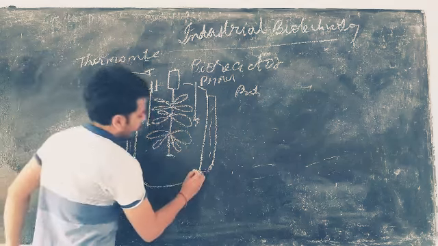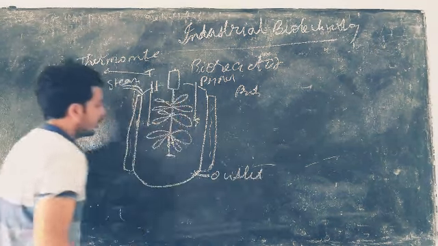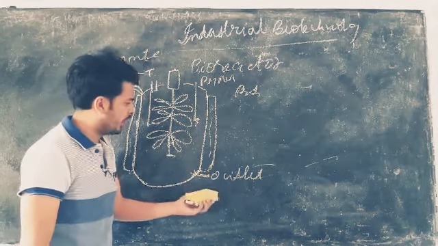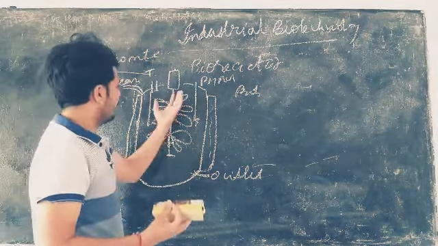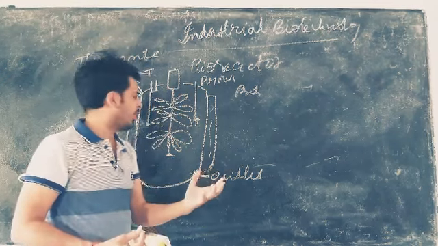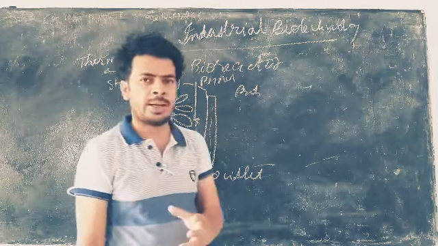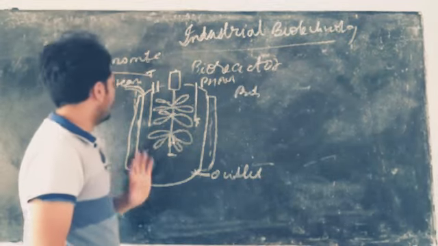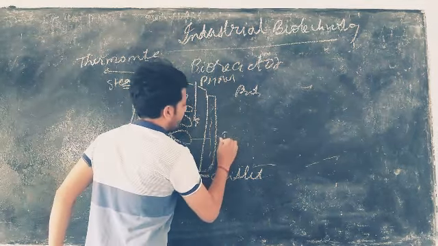Now we can say there is also an outlet. The outlet lies almost near the bottom. So whenever the culture is produced, the biochemical reaction is initiated and the whole reaction proceeds. Definitely we are getting some metabolites which are taken out with the help of the outlet. The important thing is about the impellers.